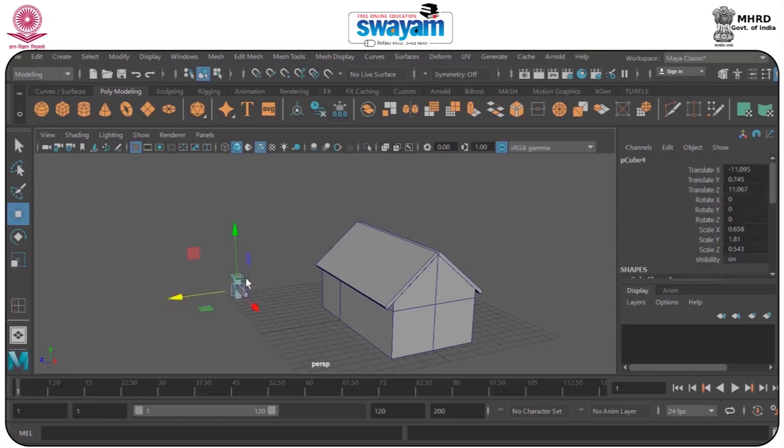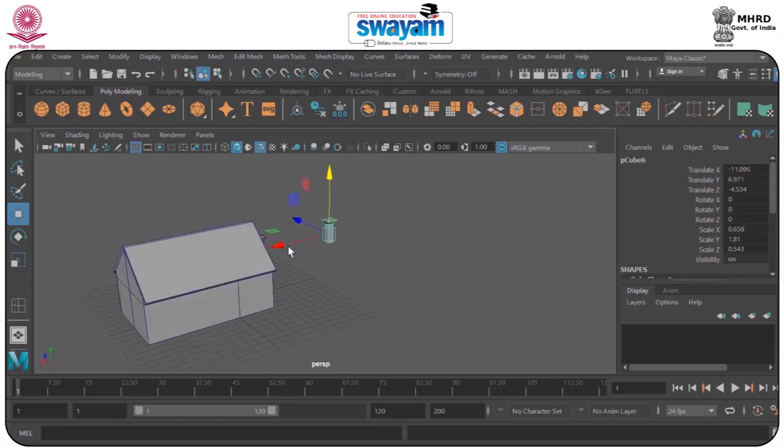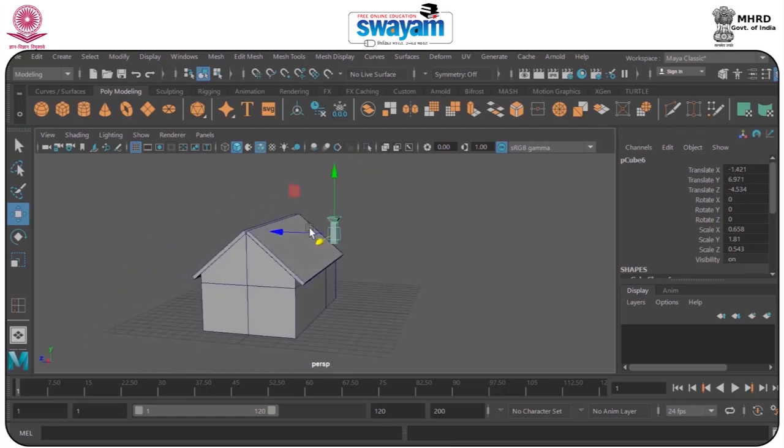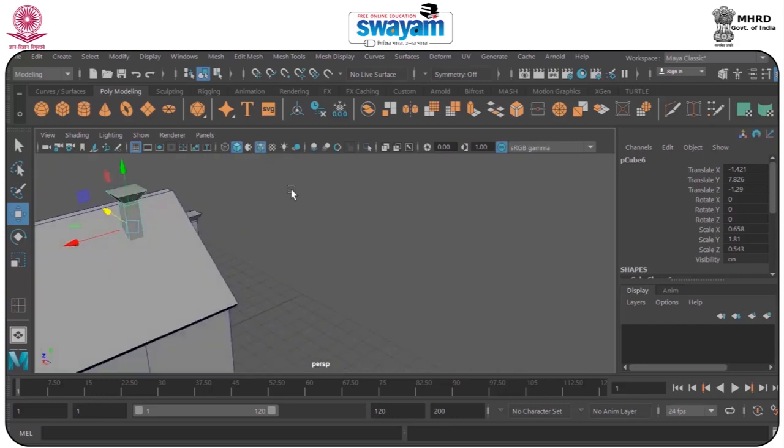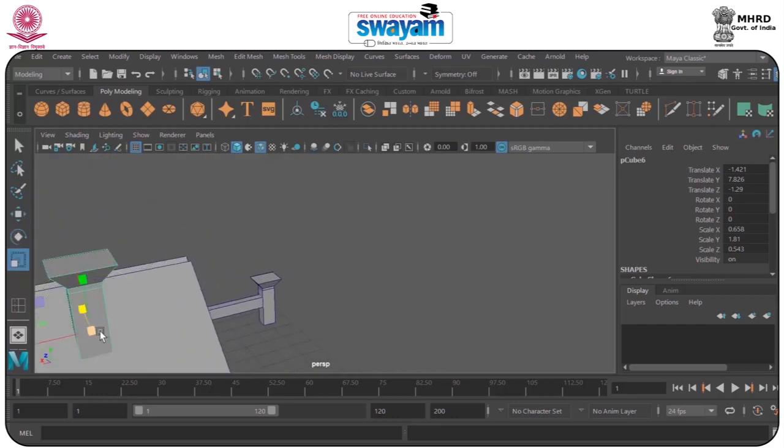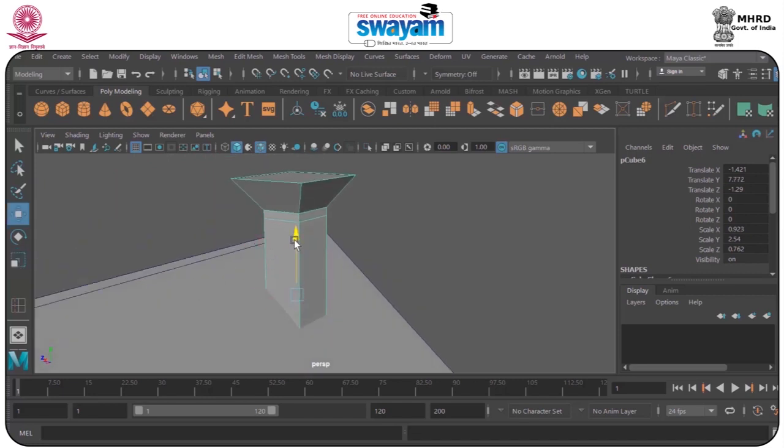So one more thing I have to do, I just duplicate the same, Control D, and just put it somehow here. As you can see, each and every part is different from each other. So that's the very basic for UV, and when you are studying for that, you can have a complicated UV. We will do it in the complicated model. Okay, no problem. And just put it somewhere here.